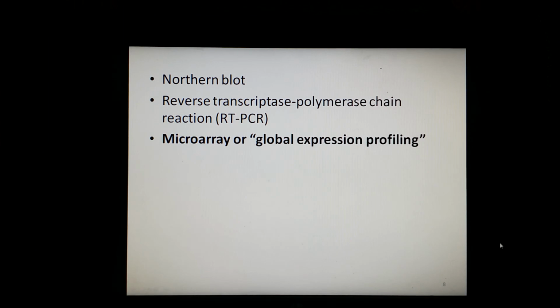So why is microarray technology more important than other technologies? The reason is that techniques like Northern blot and reverse transcriptase polymerase chain reaction (RT-PCR) allowed testing for only a few genes per experiment. But microarray, or global expression profiling, not only looks at orders of magnitude more genes than was possible previously, but it also has the advantage that the genes examined through this technique are not influenced by pre-selection of the genes. So this is basically the advantage of using this microarray technique.